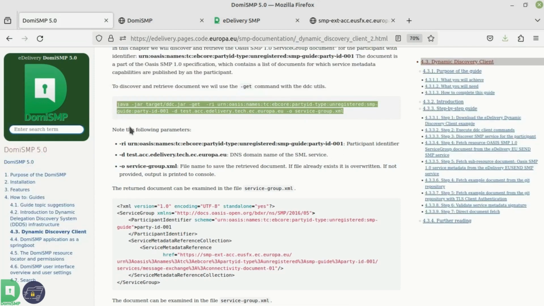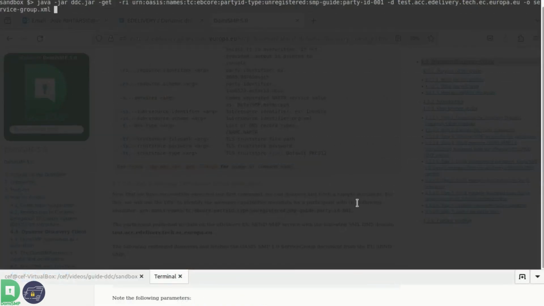like I will do it right now, and paste it to the console, like this, and we press enter. The Dynamic Discovery client will execute both steps at the same time. First, it will look up in the DNS to find out where the SMP is located, and then it will generate the HTTP GET command to get the document. And if you check now